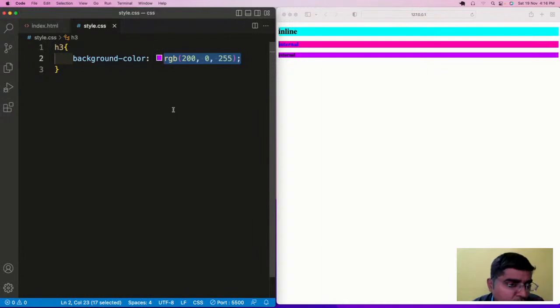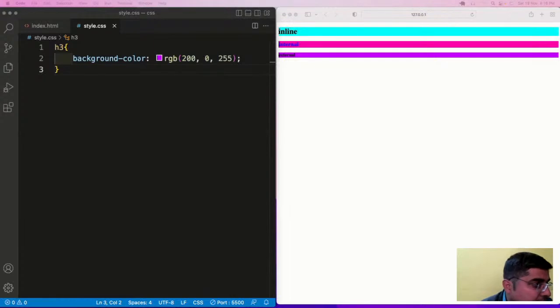So try to take the things, don't mug up the things. Try to correlate the things with your day-to-day activities. Here, this is a CSS selector. This entire thing is called as a declaration. This is the property. This is the value. Okay. This is also an interview question. What is a CSS selector? Here, they will give you something and they will ask, what is it? It is a CSS selector. Here, H3 is a CSS selector.